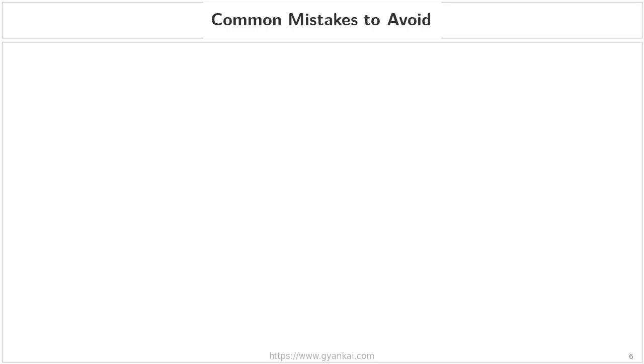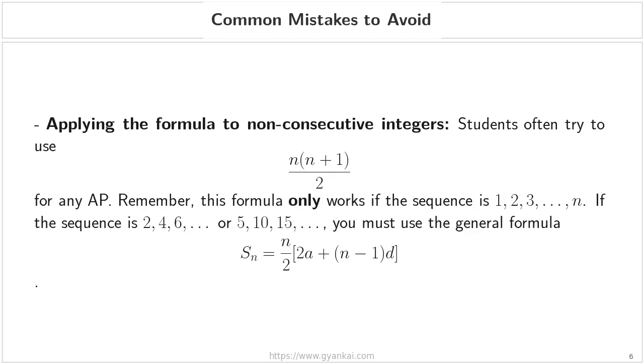Common mistakes to avoid. First, be very careful about applying this simplified formula to non-consecutive integers. I have seen many students try to use n times, n plus 1, all over 2, for any arithmetic progression they encounter. Please remember, this specific shortcut only works if your sequence starts exactly at 1 and increases by exactly 1,